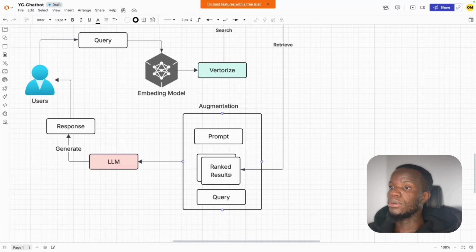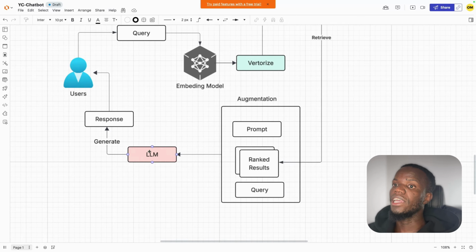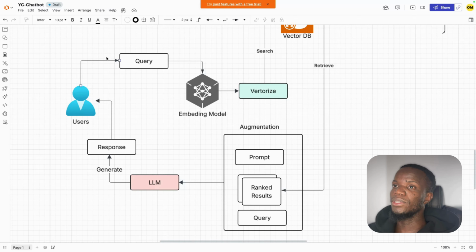So combining a prompt with the ranked results and a question, we are going to go ahead and feed them to an LLM to get a human-like response. So this LLM is going to generate for us a response that is going to be sent to us. That's why we ask the question,